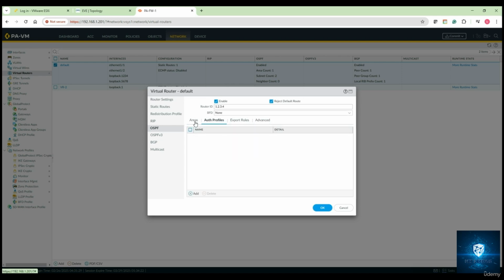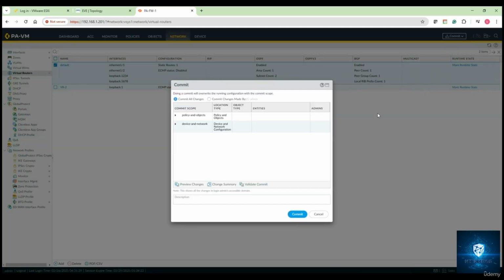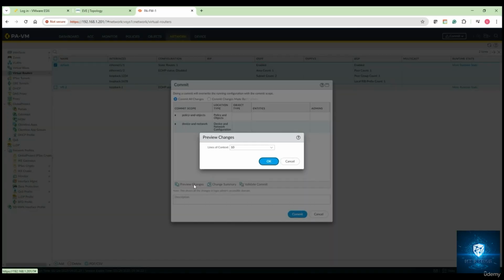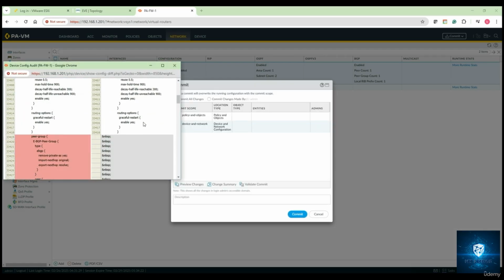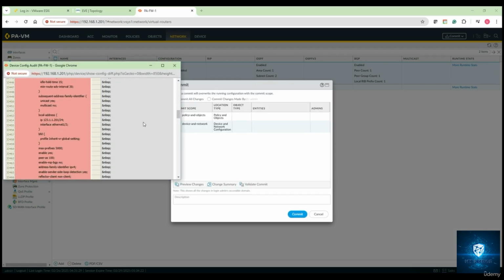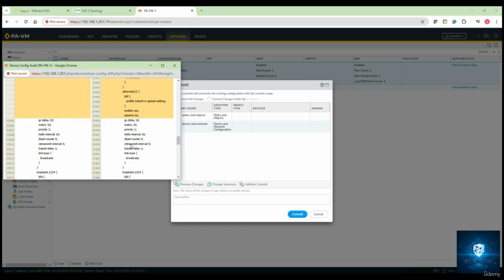So as of now, it's just running OSPF in area 0 with the respective interface based networks. Let's go ahead and commit the respective changes. Commit all changes. If you click on preview changes, you can also see what changes will be applied to the running config. So you can notice here,